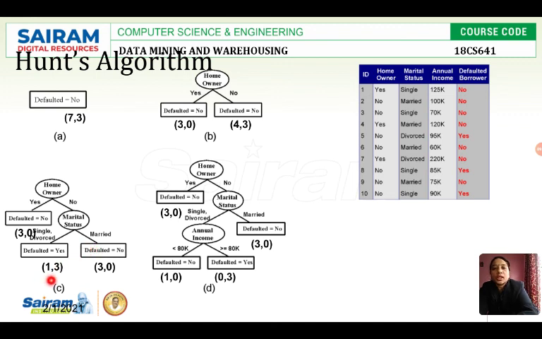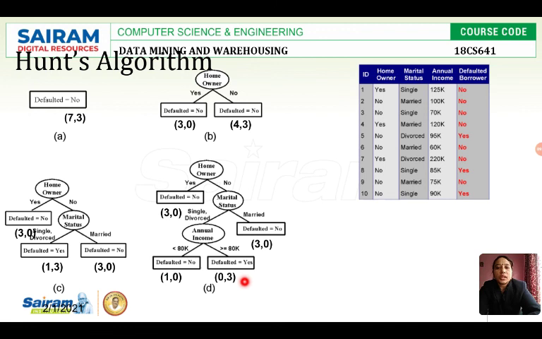See, 1. So in that case again we have to divide, since here we got 1. So I am dividing it into the next property, that is annual income. If their income is greater than or equal to 80,000, they will be defaulted borrower. If less than 80,000, then they will not be defaulted borrower. So we have to check again. If their income is less than 80,000, then see here, they are not defaulted borrower. This is the only one person.